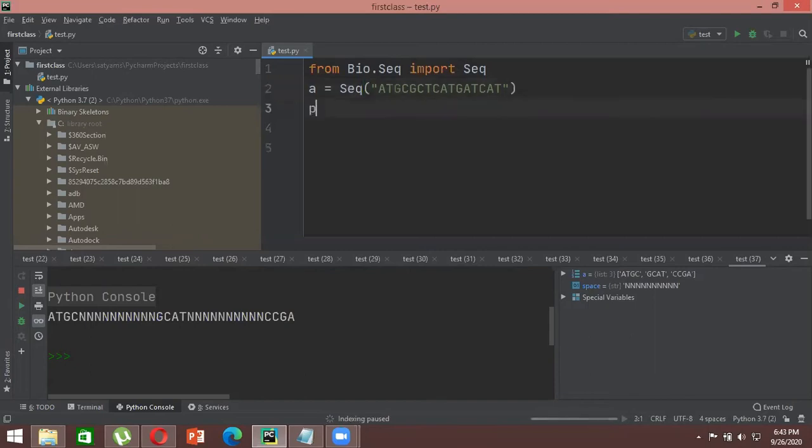Okay, and let's say I want to print my transcribed sequence. So what I can do is, let's say this is my DNA and I want to change it to my mRNA. So for my mRNA, the code that we will be using is, first you have to define your main sequence. So my main sequence is DNA. Then you will be using your dot transcribe function. Now this dot transcribe basically transcribes your DNA into your mRNA. That is the basic transcription function, and then you can just print your mRNA sequence.